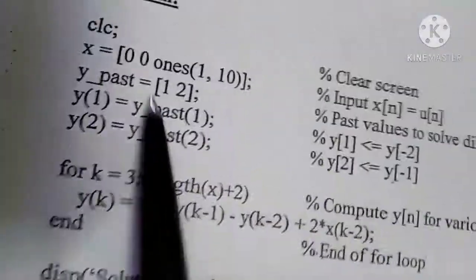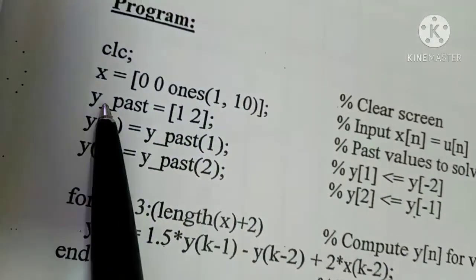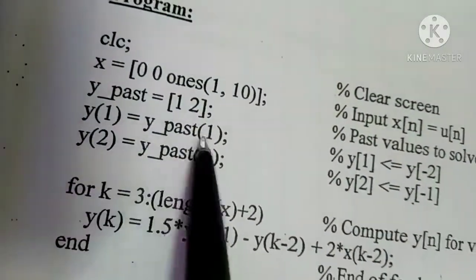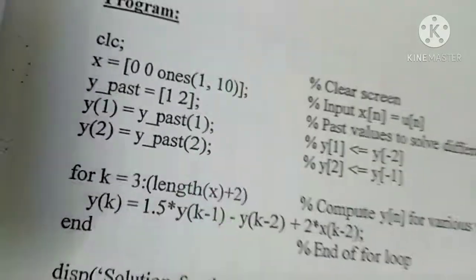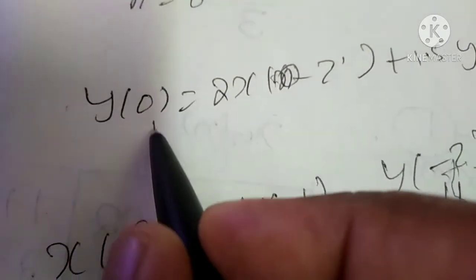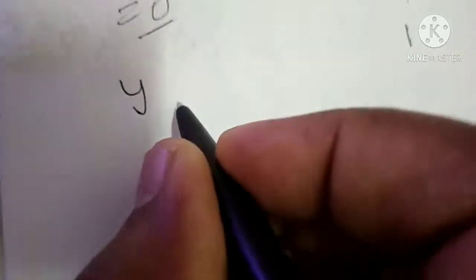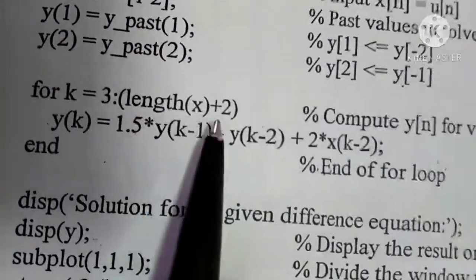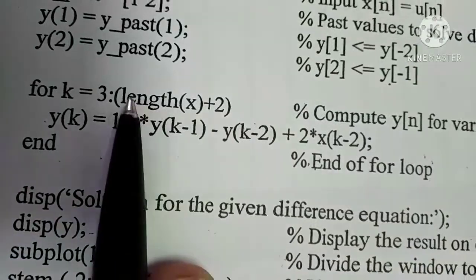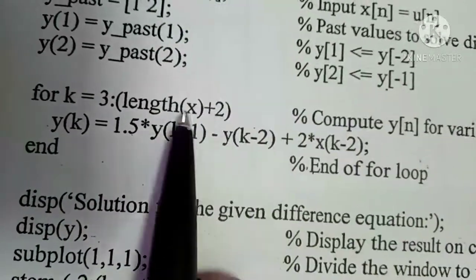Here y of 1 is equal to 1 and y of 2 is equal to 2; they have given 1 comma 2 here. Okay. And then everywhere I have added 3, so I am adding 3 to this also. So 0 is there, I am adding 3 to this, so we will have a value here y of 3, meaning I am starting from y of 3. For that reason in the program also we are starting from 3, and the length of this one is length of x plus 2. So length of x minus 1 was there, plus 3 if I add, it will become plus 2. Calculate the value and display it.